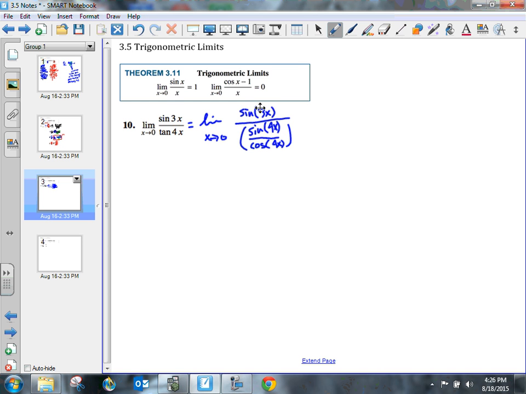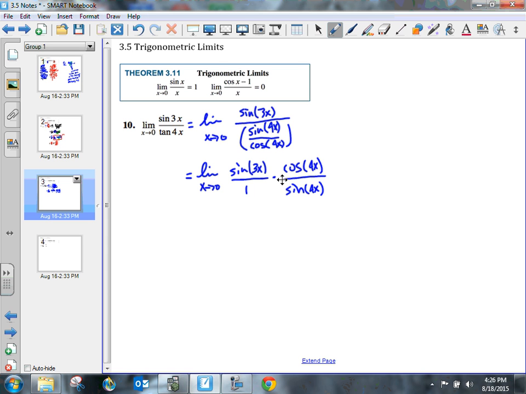Now, if I have something divided by a fraction, then that means that I can rewrite this by multiplying by its reciprocal, okay? So I'm going to do the limit as x approaches 0 of sine of 3x over 1 times cosine of 4x divided by sine of 4x,